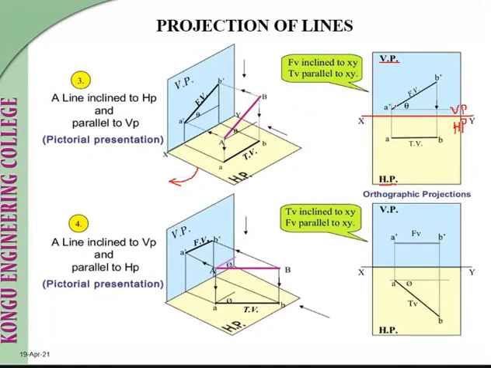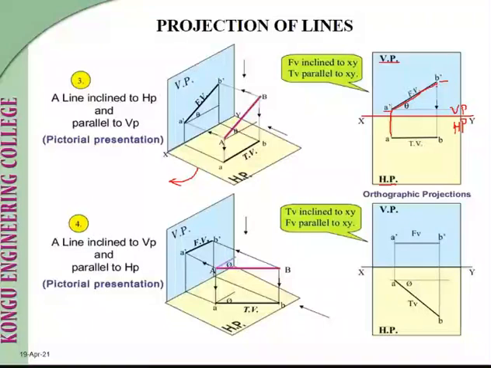Okay, so this front view will have an inclined angle. So you can mark this front view with a particular angle. This angle will be given in the problem, and you can mark it as A dash and B dash. So for the same view, you have to create the projection like this.